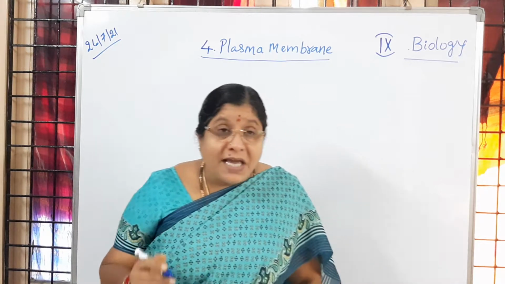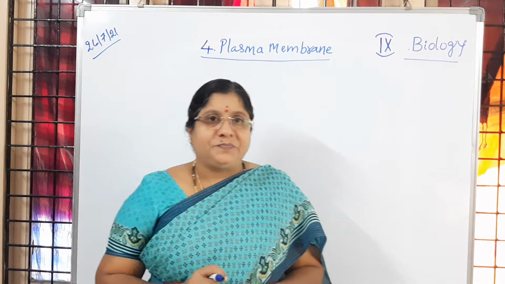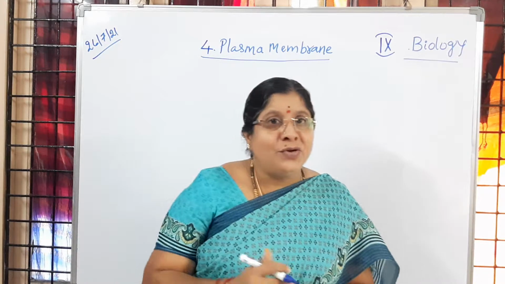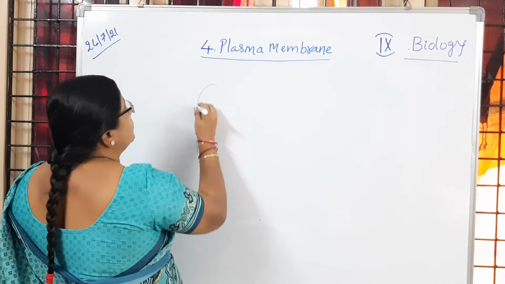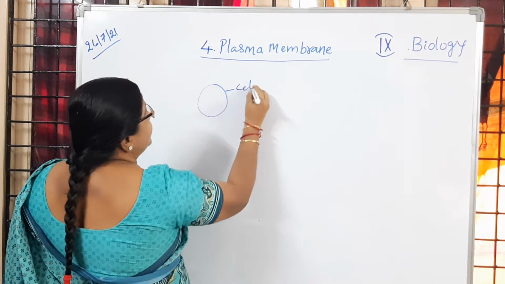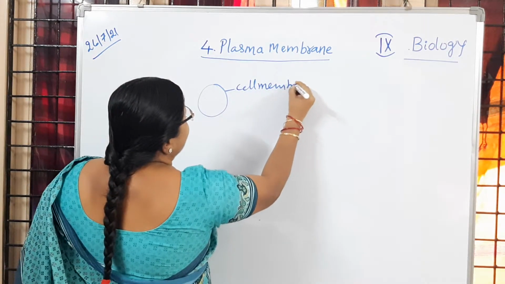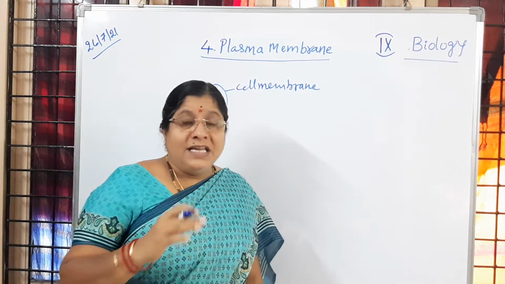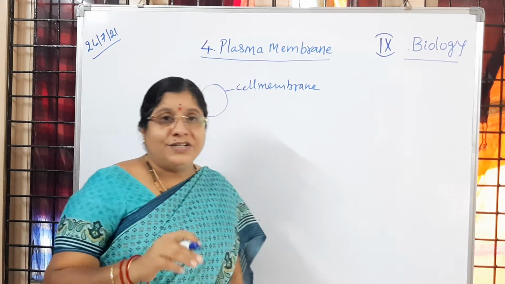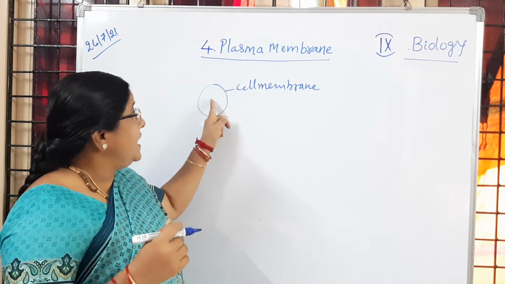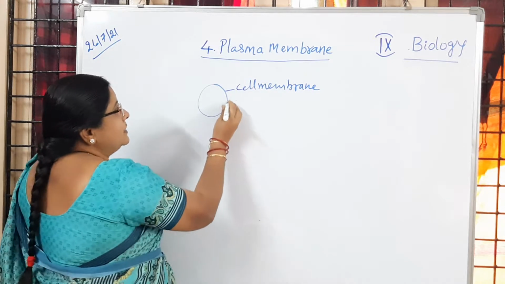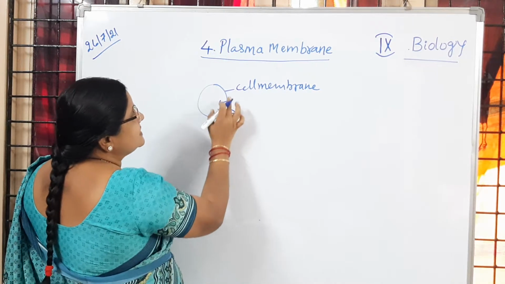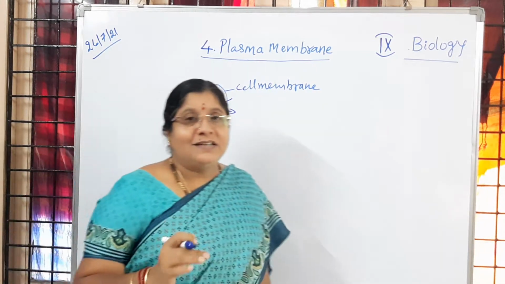In the same way, the cells in the living system are covered with a cell membrane. You know that the cell is covered by the outer membrane, which we call the cell membrane, and this cell membrane allows the material, here water. We are learning about water. So the entry or exit of water, inside or outside the cell, is happening through the cell membrane. Is it clear to children?